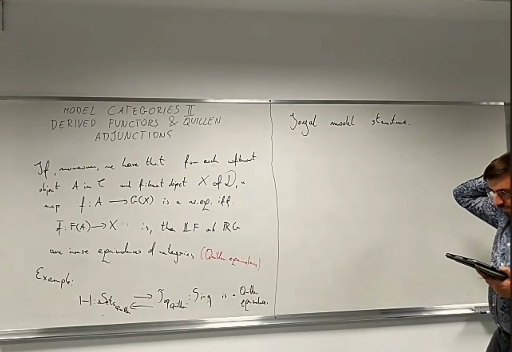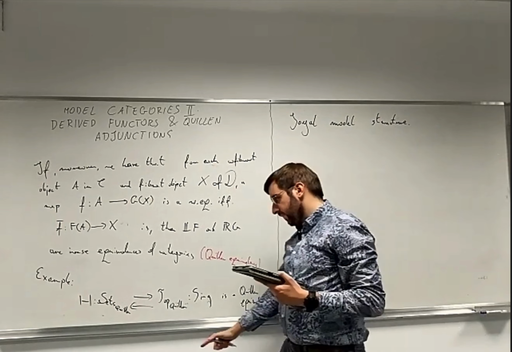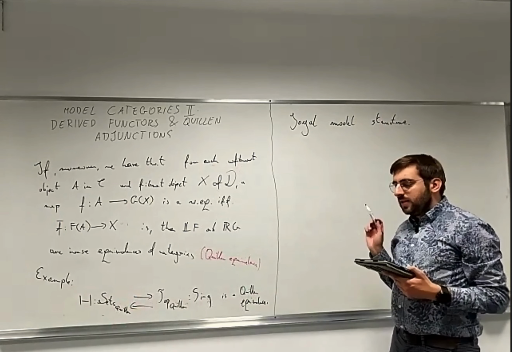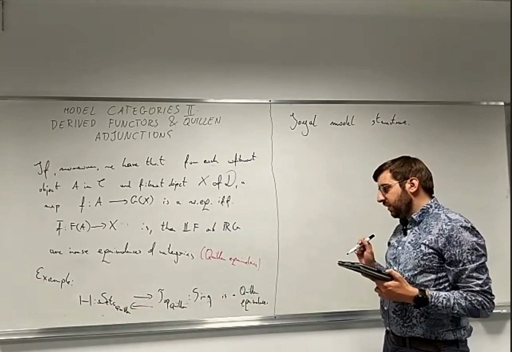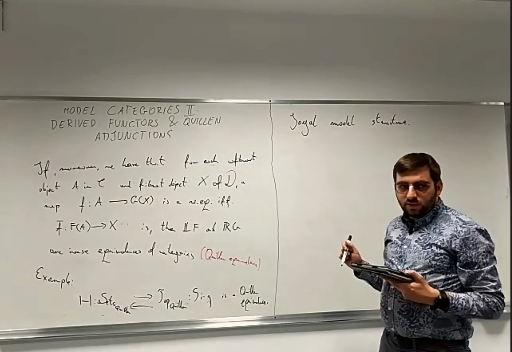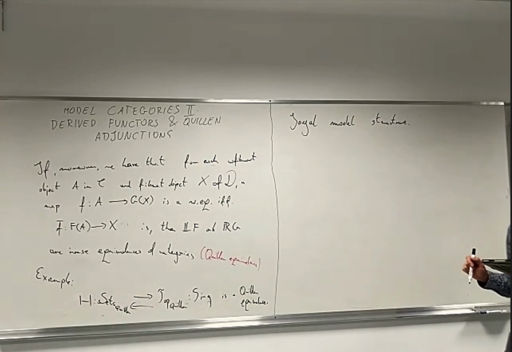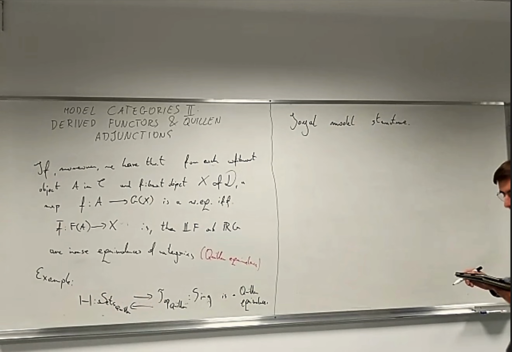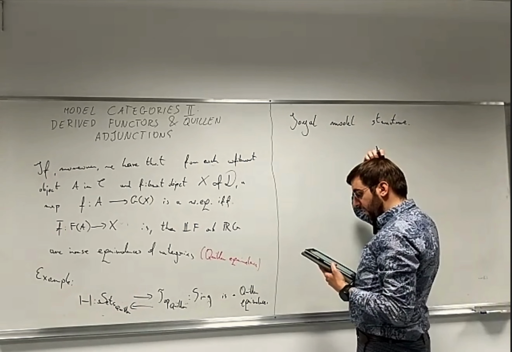So the Quillen model structure on simplicial sets is well built in the way that it is relevant for studying the homotopy theory of topological spaces. But the Joyal model structure will be the one which will be able to see the homotopy theory of quasi-categories. Okay, so firstly, I need to